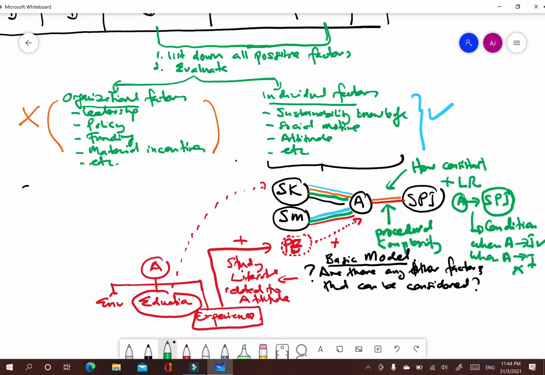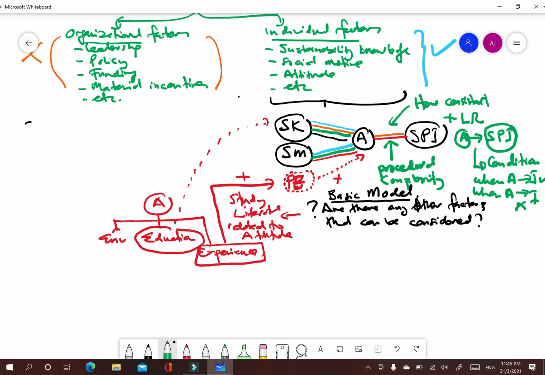The procedural complexity may moderate the relationship between attitude and sustainability program involvement. So now we may believe that initially the procedural complexity will strengthen or weaken the relationship between attitude and involvement.